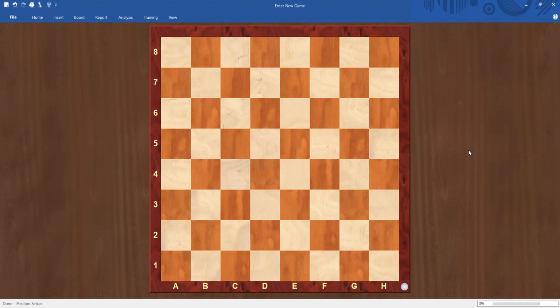Last class we saw the notation. We talked about the chessboard and how to set it. Your right hand side, if you see here, should be a white square. This is the correct way of arranging the board. Your right hand side should not be a black square. That is very important. So one by one we will learn.